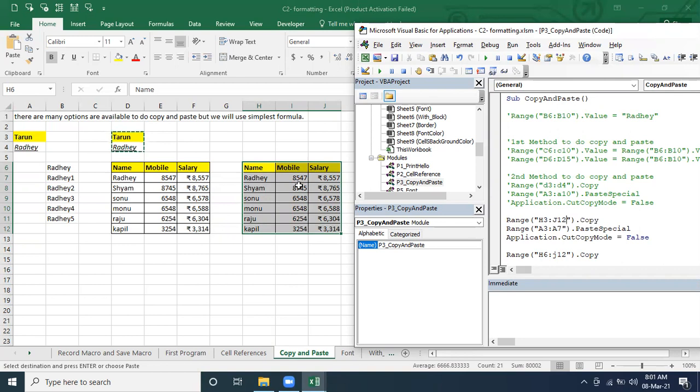Correct? This range we are going to copy, and we are going to paste to what? D6. Sorry, it will be S6. It should be S6, right? H6 to Z12. So from there, what we are going to do, we are going to D6 to D12. By default, within the same range, no problem at all. It should be F12. Yes, F12 only.